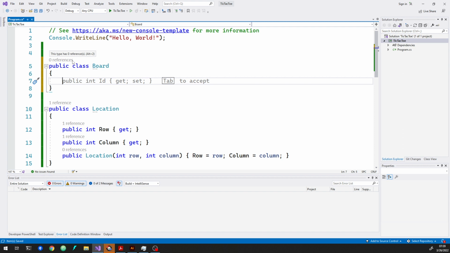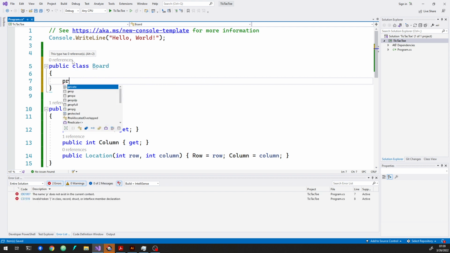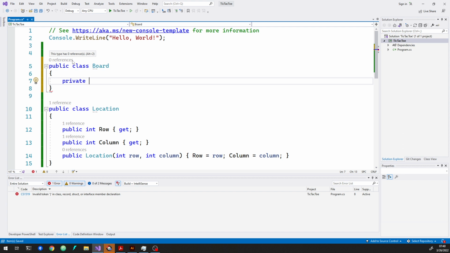Given that this is a tic-tac-toe board, we could do a one-dimensional array, but I'm going to do a two-dimensional array because it's just easier for me to wrap my mind around it, given that the thing itself is a two-dimensional structure. You know, the tic-tac-toe board is two-dimensional. And one thing we didn't specifically call out in our design is